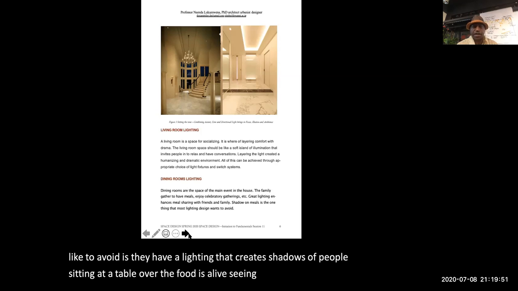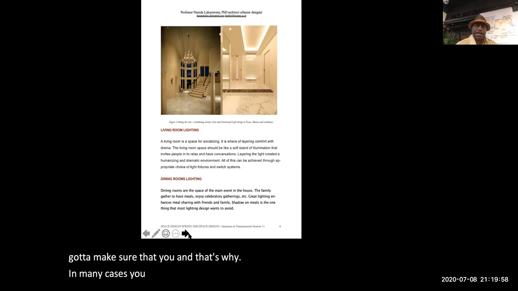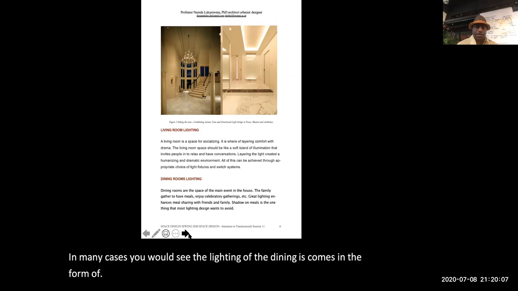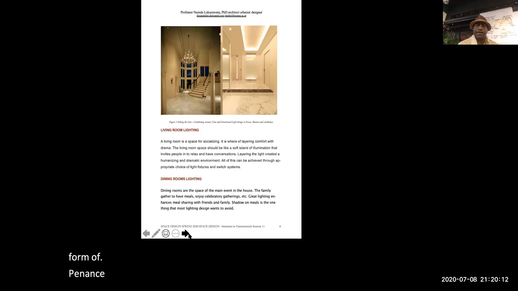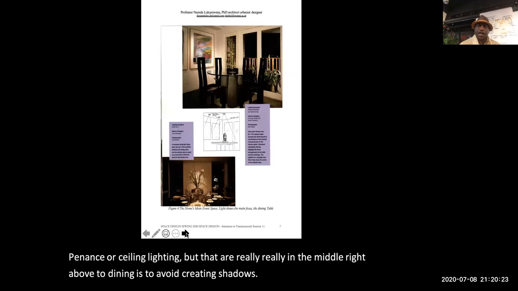That's why in many cases you would see the lighting of the dining room come in the form of pendants or ceiling lighting that are really in the middle, right above the dining table, to avoid creating shadows. And we have here